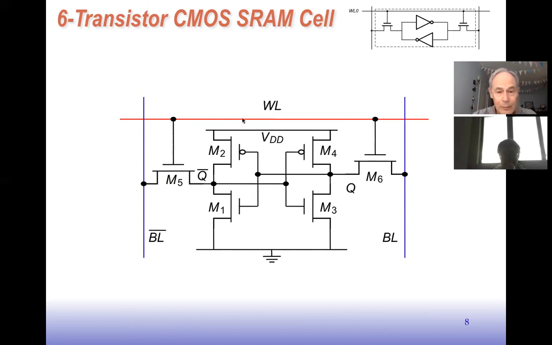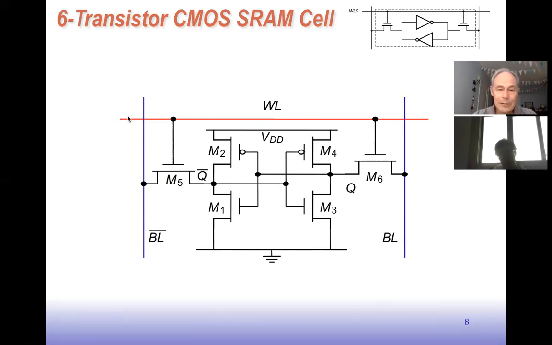This is a word line that moves through the cell, and it's connected to the gates of these 2 access devices. So when this particular row is selected, this word line would be activated, be high, which would turn on these pass transistors here, these N-FETs,